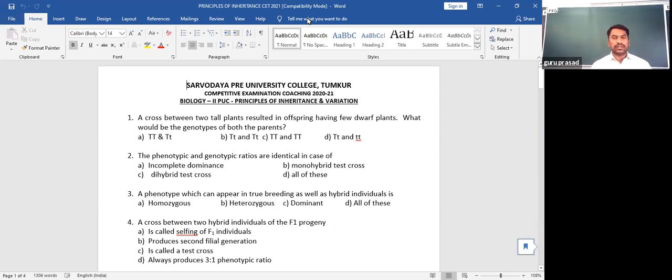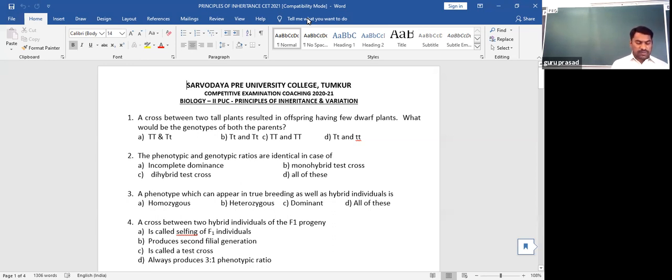Mendel basically proposed two laws. The first law of genetics is the law of segregation, also called the law of purity of gametes. Then the second law, the law of independent assortment. There is one more, called the law of dominance, but that is not considered a main law of genetics. Mainly the first law and second law. The first law is based on the conclusion drawn from monohybrid or single gene inheritance, and the second law is drawn from the conclusion of two gene inheritance.